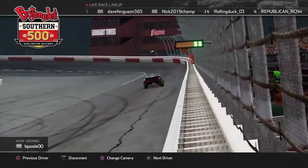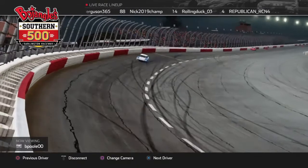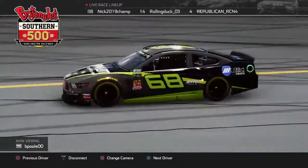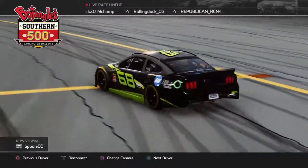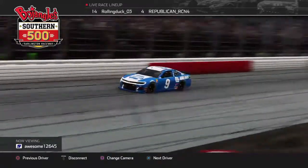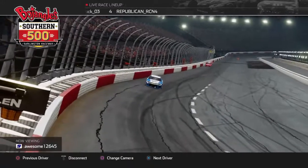Oh, has B-Pool blown a tire? He gets loose on out of exit. Awesome is running 2nd, but a lap down. And now B-Pool dives it down on the apron, making his pit stop. So now Awesome, if Awesome can pass B-Pool when B-Pool comes off pit road, that's gonna...